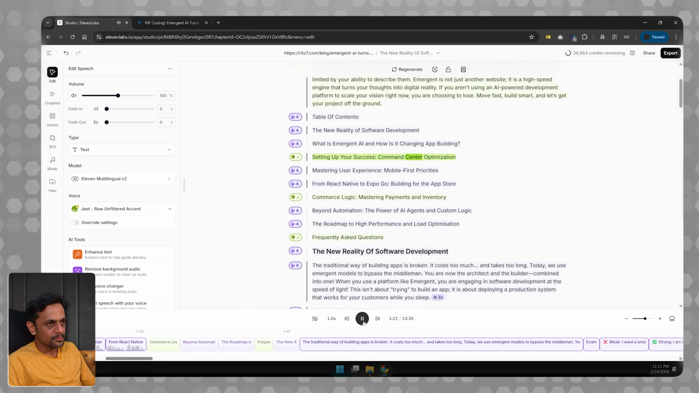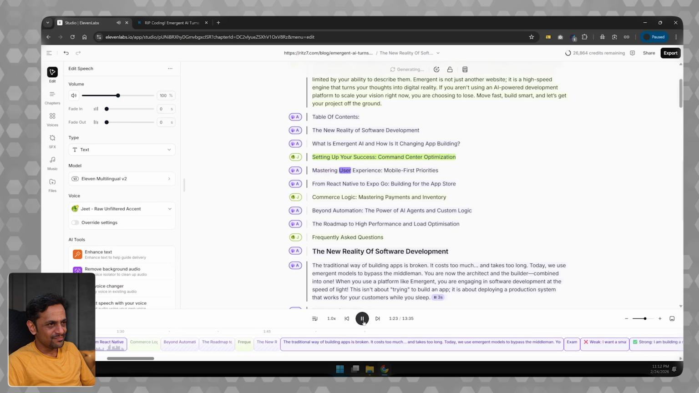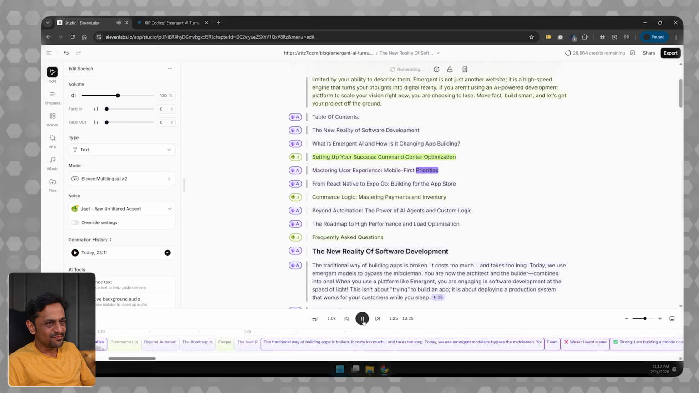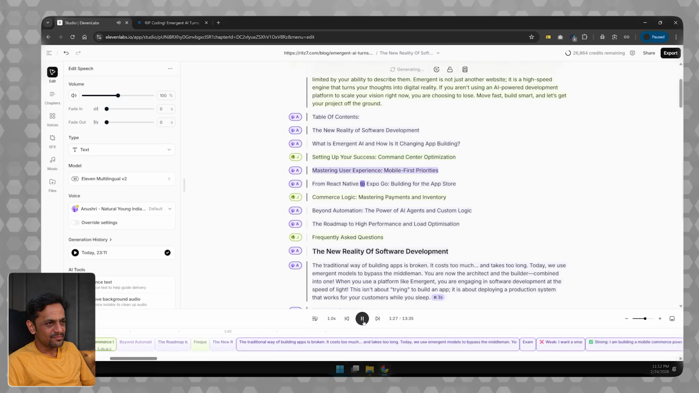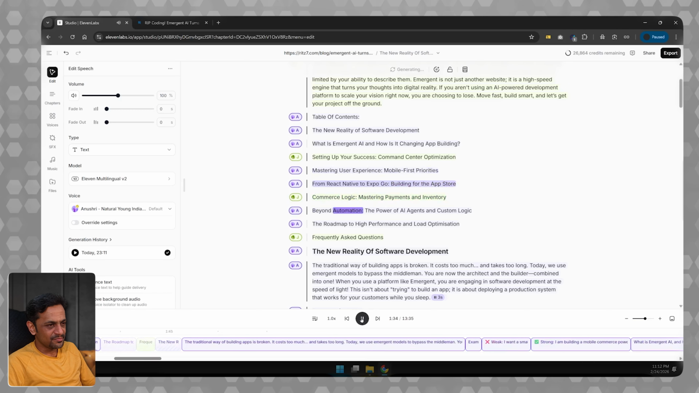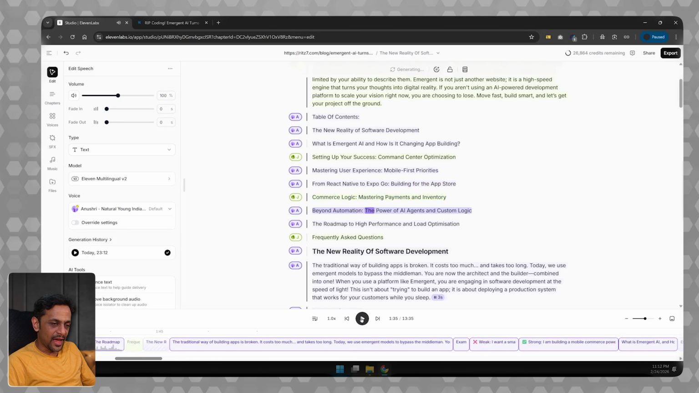Success, command center optimization, Mastering user experience, mobile first priorities. From React Native to Expo. Go, building for the App Store. Commerce logic, battery payments and inventory. Beyond automation, the